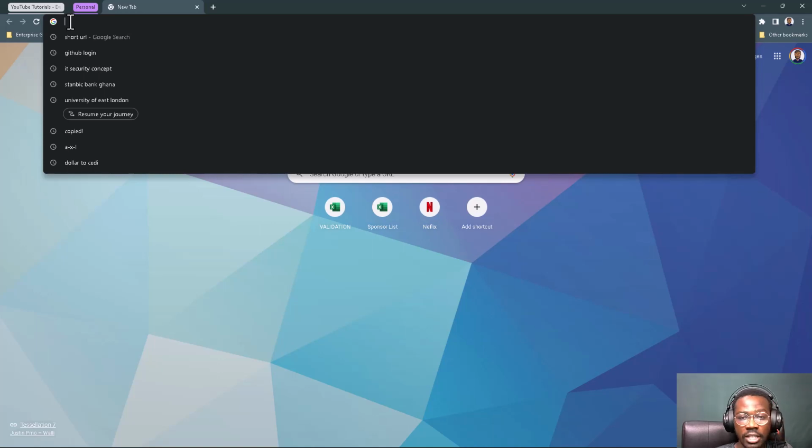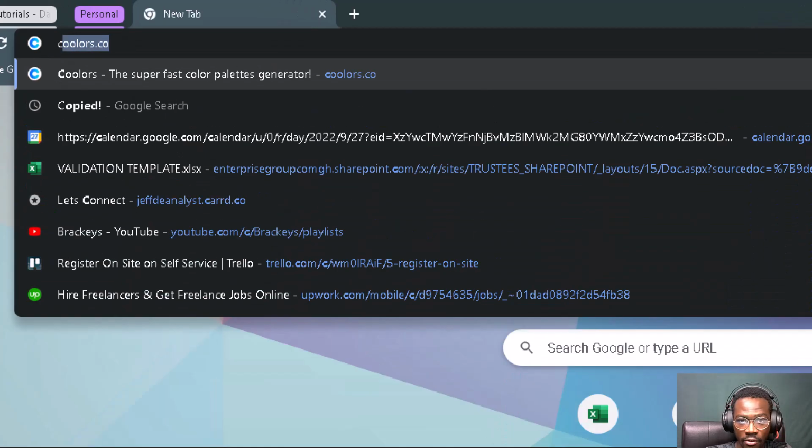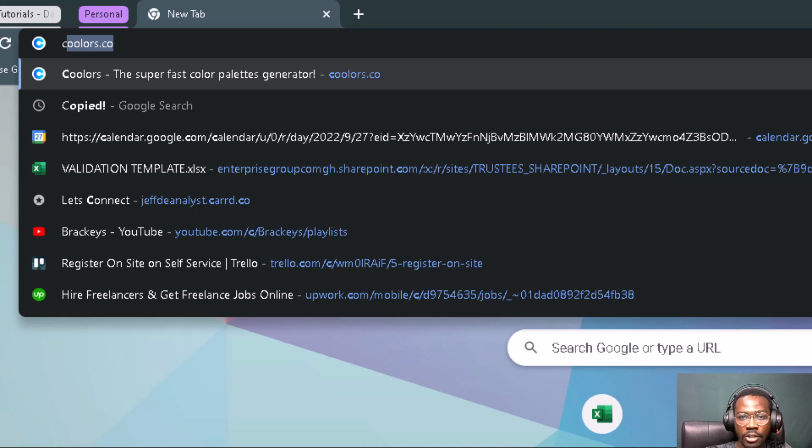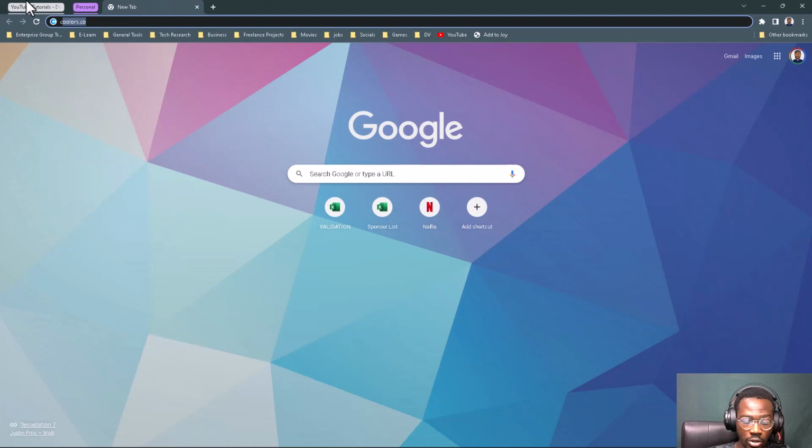So let's do this. So the site to get your colors is called Coolors. Let me now zoom in and see if we can have a look. So you see, it's called coolors.co. So it's colors, but it's not spelled correctly. It's spelled COOLORS.co. I'll put the link in the description section, so you can just go there and type it. And then once you have typed that,